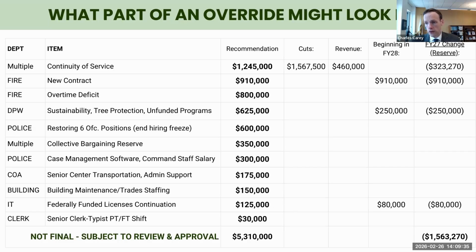Previously in the town, we had one person in charge of sustainability writ large, and they were in the planning department. And that was fine, but it wound up being more like a think tank. You would get reports from the sustainability coordinator saying, wouldn't it be nice if we did this? And then there would be no one to do that because no one would take responsibility and do that work. We decided it made sense to move that into the Department of Public Works and change it into a real operational division. So now the people who are actually going out and doing things like dealing with the drains, dealing with water runoff,